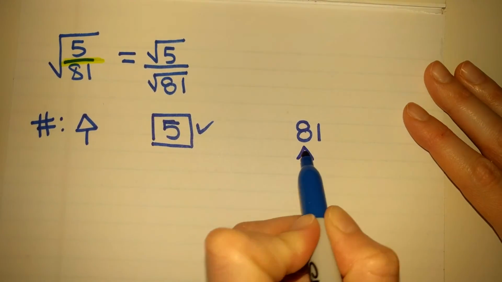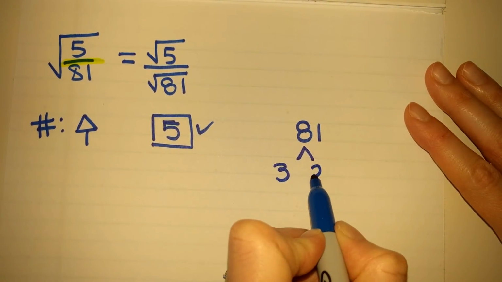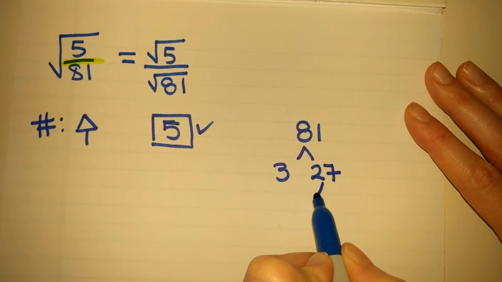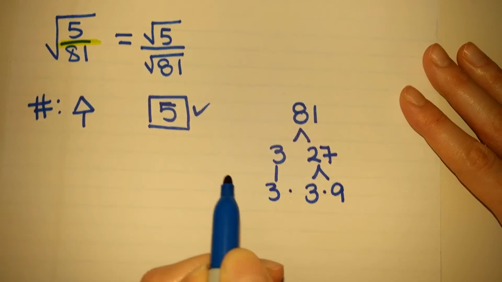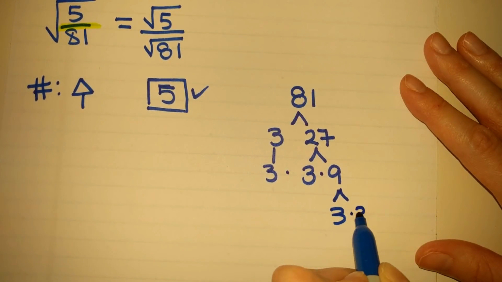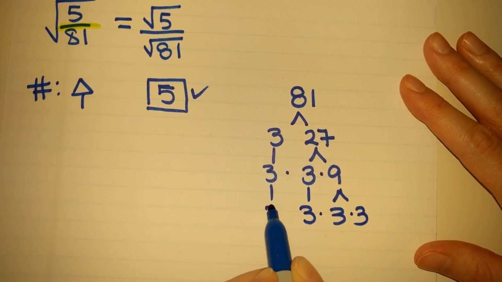But if you're not quite there yet, what you would do is you would say, okay, it's odd, let me divide it by 3. Then take 27, divide that by 3. Then take 9, divide that by 3. And so we get